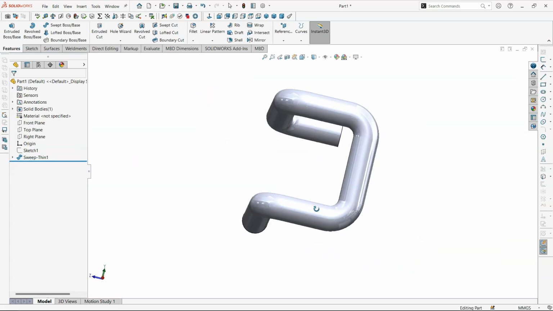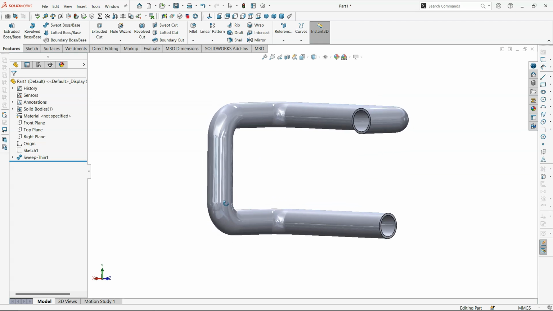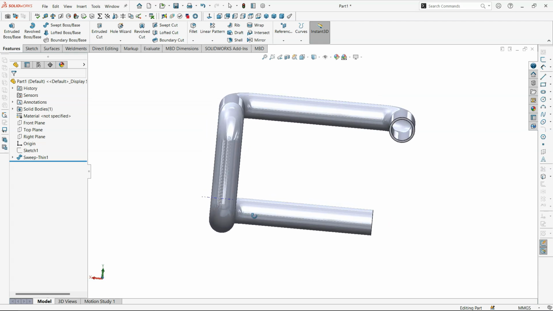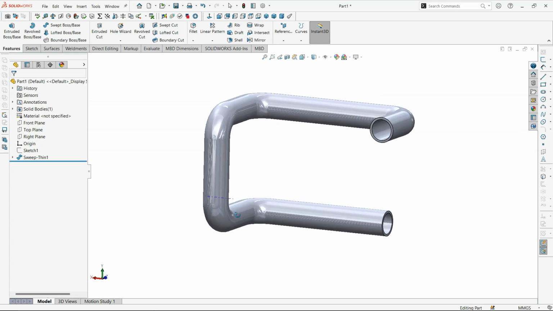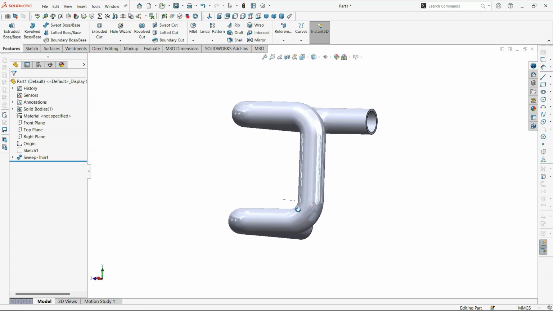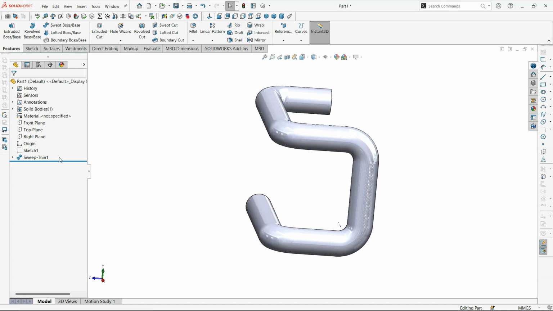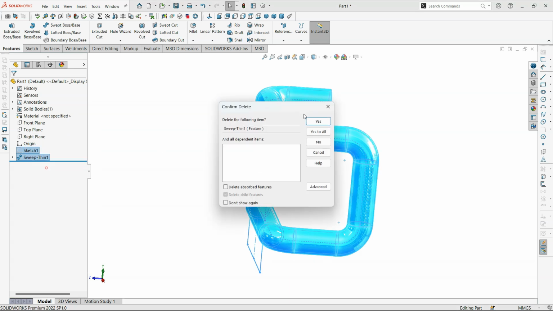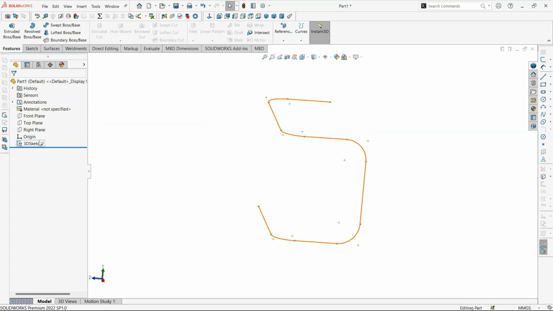By giving dimension, we have something like this here. But if you want to do something other than a circle, let's say a triangle, an octagon, or a slot, then we will sketch it and then use swept surface. So this is one way to do so, but the other way to do so is